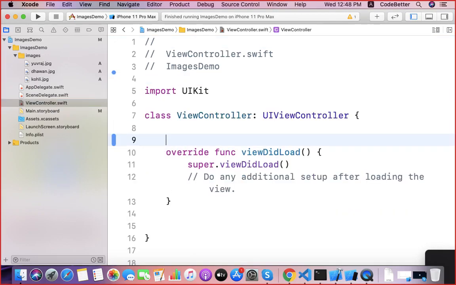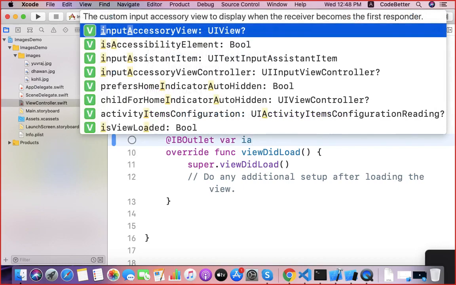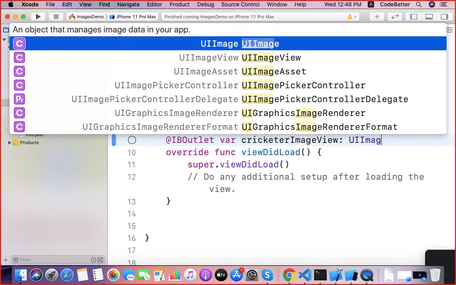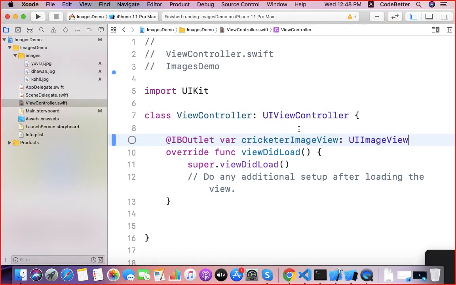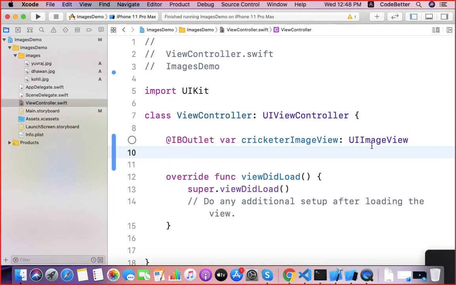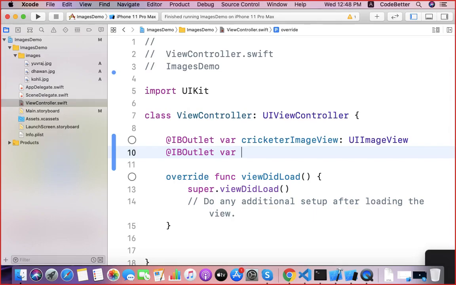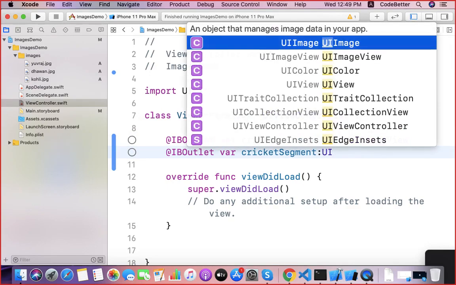So @IBOutlet variable cricketerImage. The image view is of type UIImageView. UIImageView is the control where we can display the image. Then the segmented control: cricketerSegment, of type UISegmentedControl.